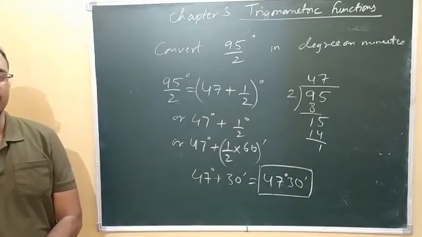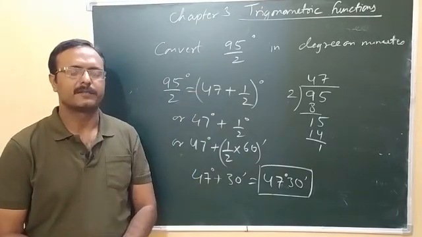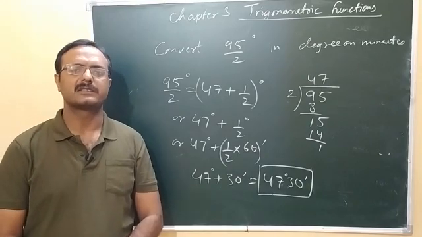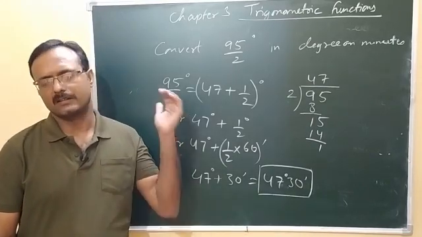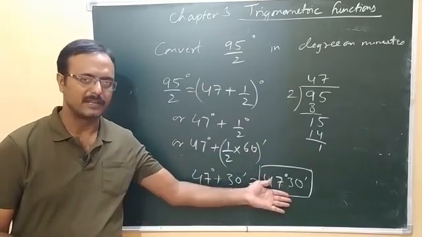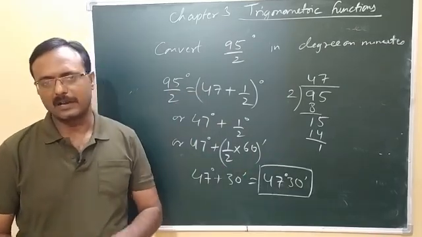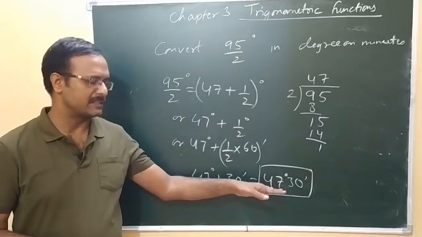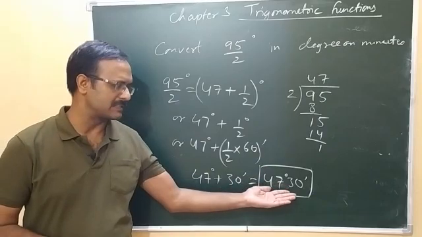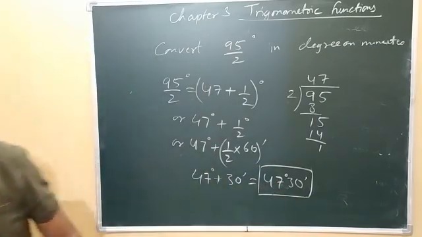So you have seen how to convert this degree value, if it is in fraction, into minutes and seconds. We can also convert radian value into such type of degrees and minutes, and again if such value is given, you can convert into degree. Let's see how to convert such type of value again in minutes.